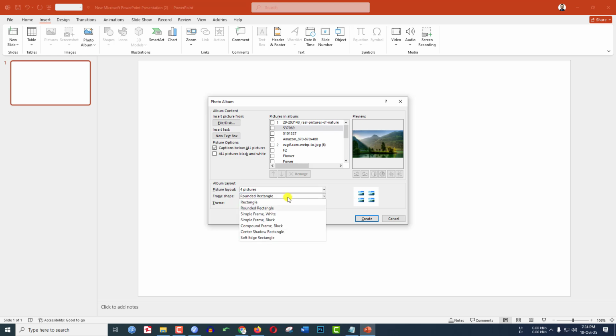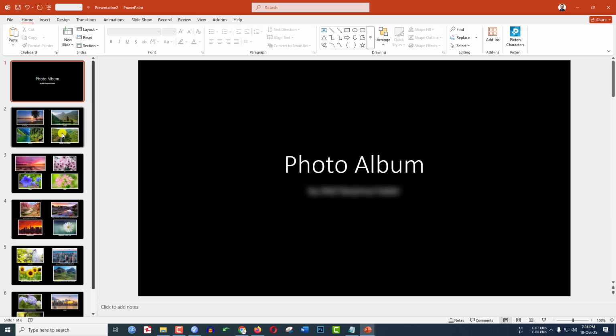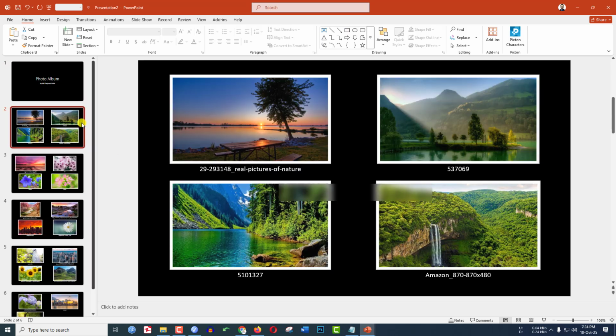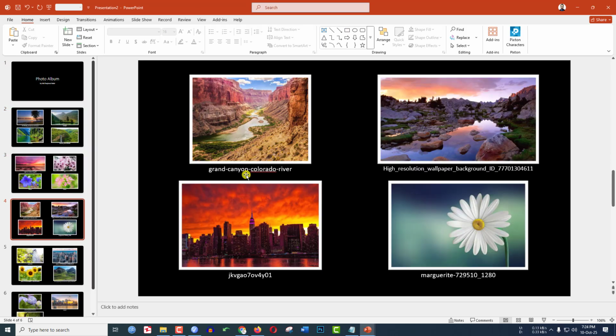Here is the preview. I can use simple frame white. Here is the preview. Let us select this one, simple frame white. I can edit it after making the slide. Click on Create, and here you will see I have successfully created the photo album, and here is the name